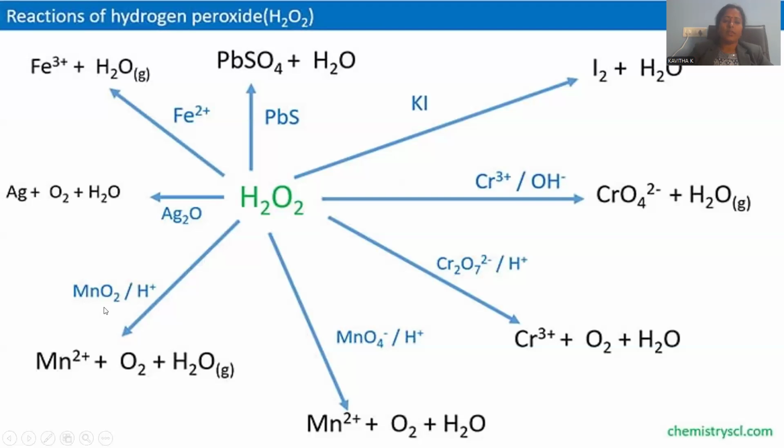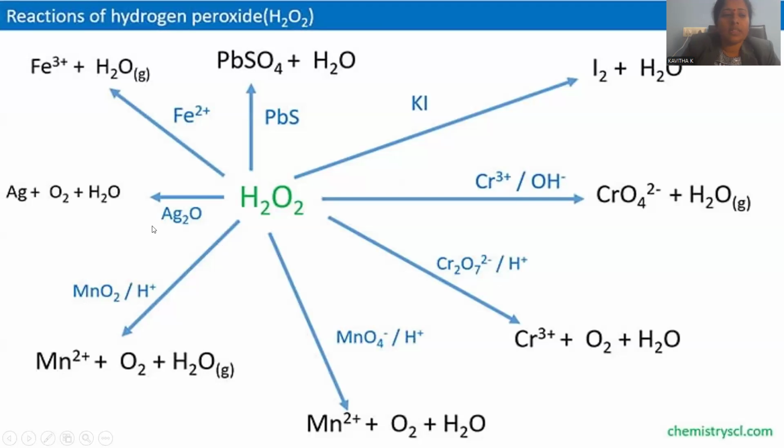Now let me go with manganese dioxide, where we have Mn plus 4. Whenever Mn plus 4 reacts with hydrogen peroxide, there is formation of Mn plus 2. Plus 4 converted into plus 2. What happened? Again, the oxidation number got reduced. Reduction in the oxidation number, again, it is part of what? Reduction only. So all three reactions, in the downward direction, are part of reduction only. They are not supposed to come under the oxidation category.